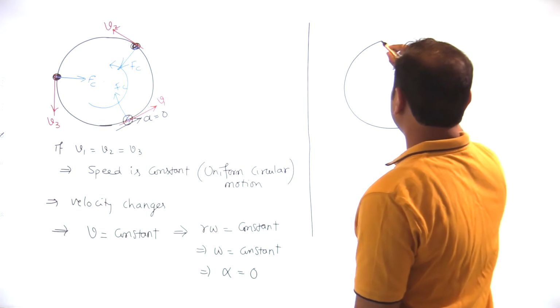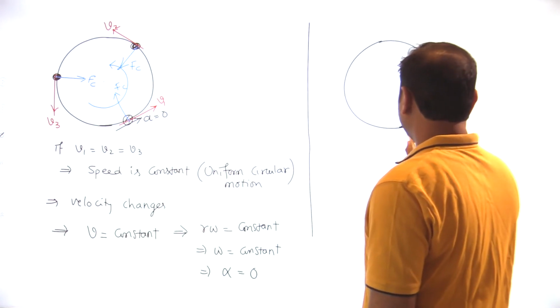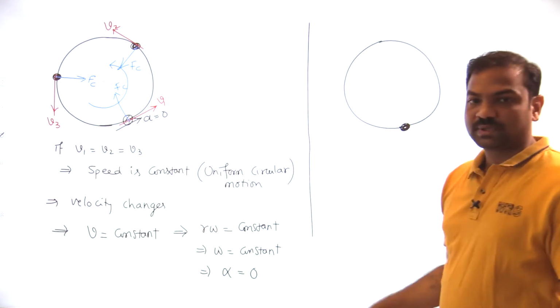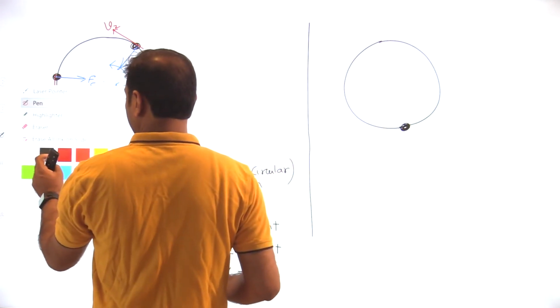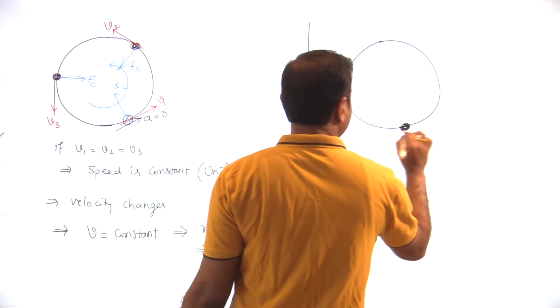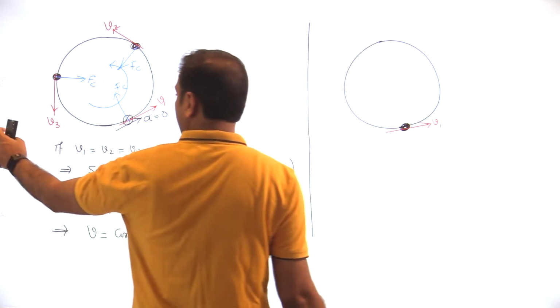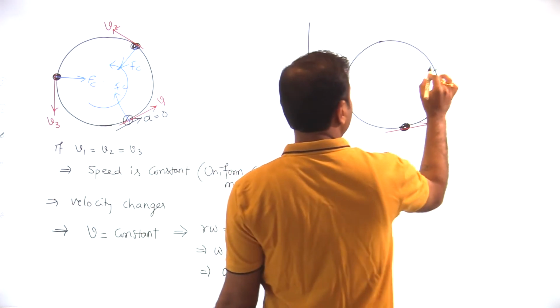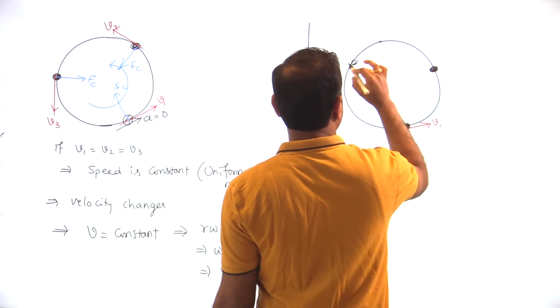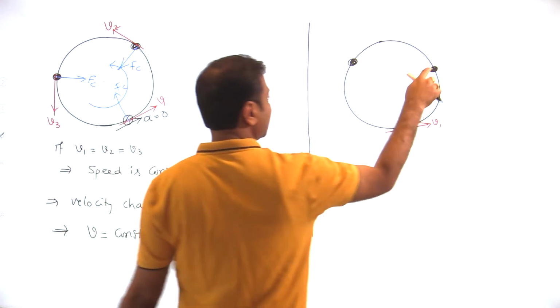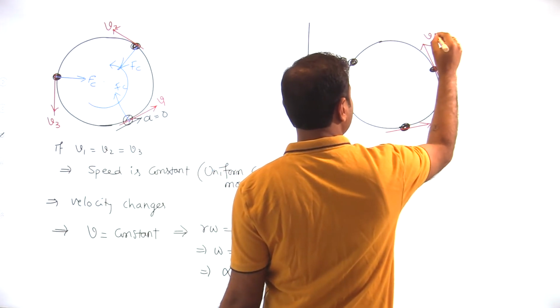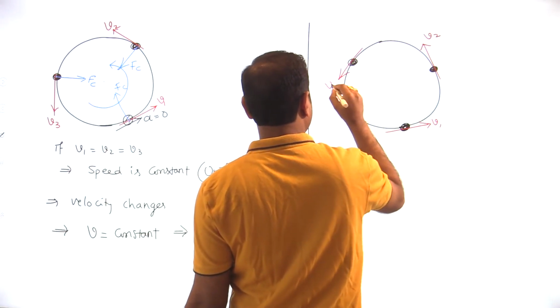Okay. So I am taking one more situation. Suppose a particle is there. Now it has some velocity in direction v. Let us say v1 is the velocity. So I am taking the same thing, nothing different. These are the three positions of the particle. First the particle is here. Next the particle has gone to this position. Now its velocity is v2 and now its velocity is v3.